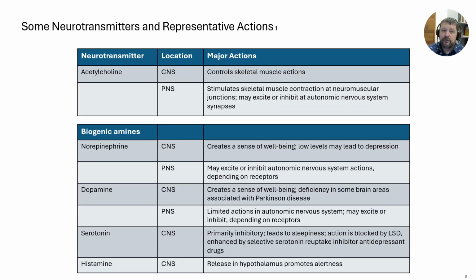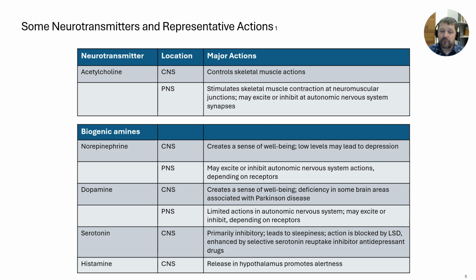So a couple other neurotransmitters, just real quick, we can throw some out there. Acetylcholine, again, a very, very common neurotransmitter, both in the central nervous system and the peripheral nervous system. Norepinephrine, this is also a really common neurotransmitter in both the central and peripheral nervous system. Dopamine, most of us know about dopamine. I've heard of probably these 3 or 4, maybe even all of them.